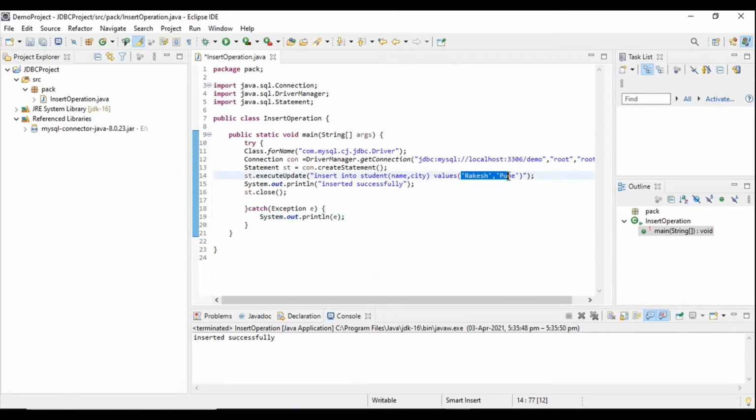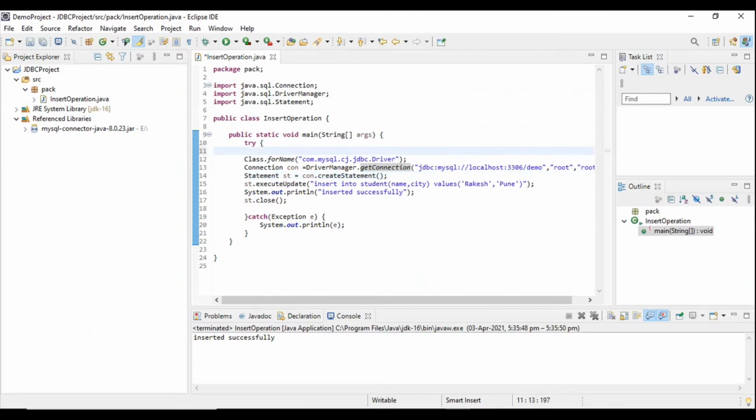See, these are the values which I have added as hard coded. But in a real time project, the client adds the input.